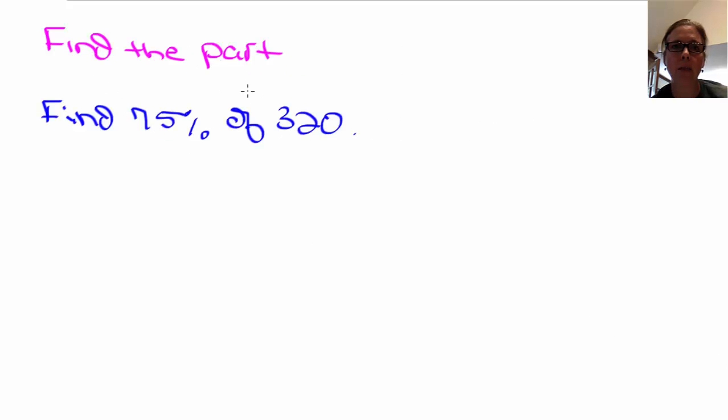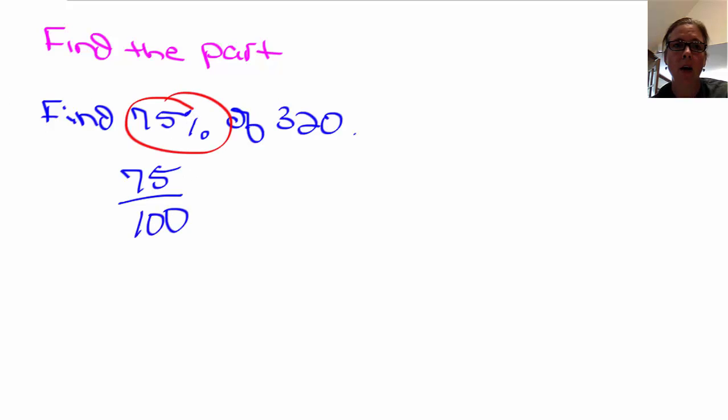Okay, so finding the part. So we're going to set all of these up in proportions. Yes, you can do this in a different way. We'll do equations here in a little bit on the next section. But right now you have to set it up as a proportion. So I know you can multiply this or whatever, but for now you have to set it up as a proportion. 75 over 100, because we're given the 75%, okay, equals,